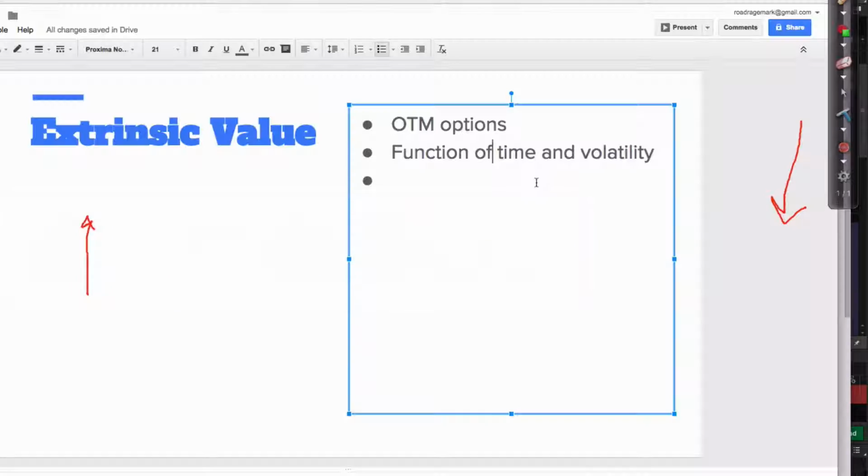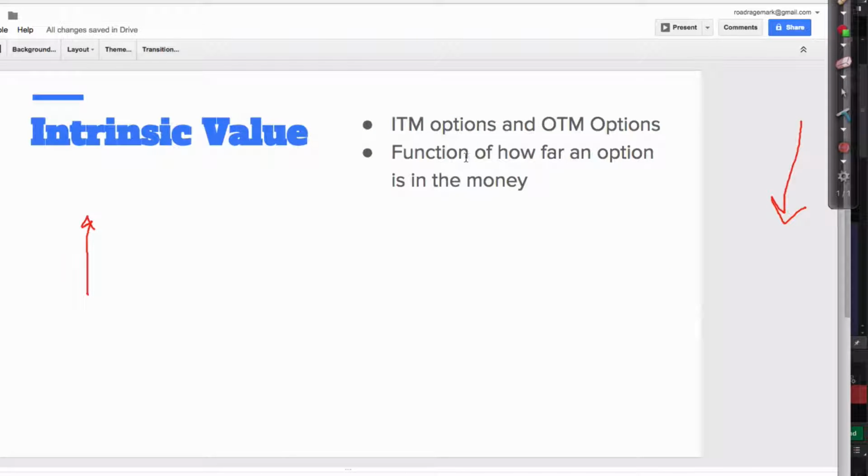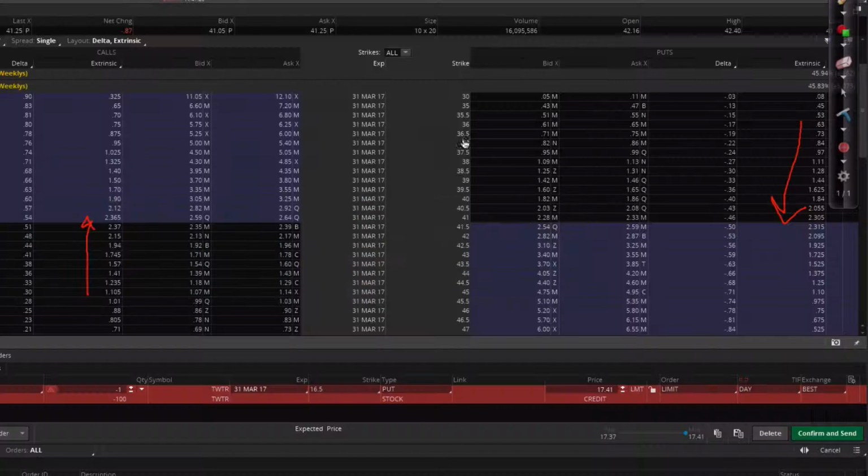Then the other thing is intrinsic value. Now, intrinsic value only applies to in the money options, and it's essentially a function of how far the option is in the money. So if we think about selling a put, we talked about selling a put. Remember, you sell by selling at the bid. We said that if you sell, let's say we sell the 41 put and the stock goes below 41, let's say it goes down to 40,